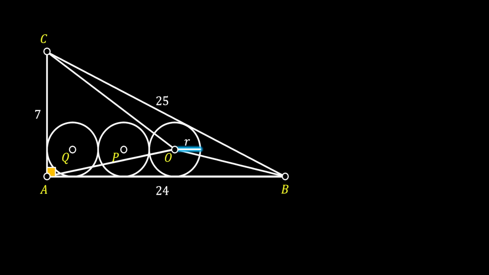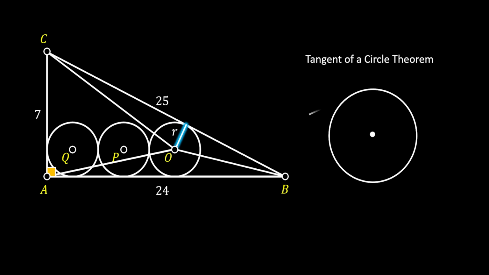Alright, so now let's take a look at this radius, and let's rotate it to the point of contact with the line BC. If we do this, we can use the tangent of a circle theorem, which states that if we have a circle and if we connect the radius of this circle to the point of tangency, then the radius will always be perpendicular to the tangent line. So, in our case, the line BC is a tangent to our circle, which means that the radius R must